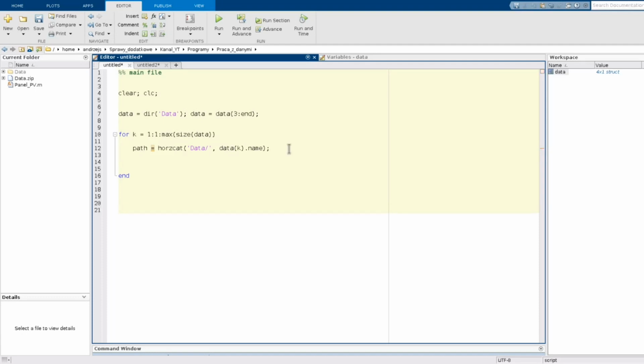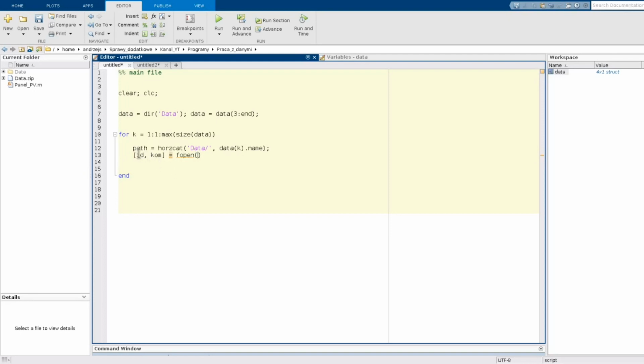and then I need to open the file. So the fopen function, which I used, returns two variables.